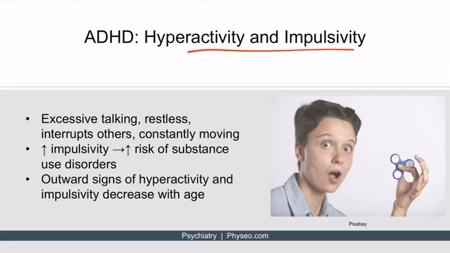These symptoms are often noticed in childhood by teachers or caregivers and may involve descriptions of a child who has difficulty staying quiet, has a hard time staying seated, constantly fidgets, runs or climbs at inappropriate times, interrupts others, and shouts out answers when it's not their turn. An example of impulsive symptoms could involve a teenager with a history of hyperactivity and poor school performance who starts abusing alcohol at age 13.